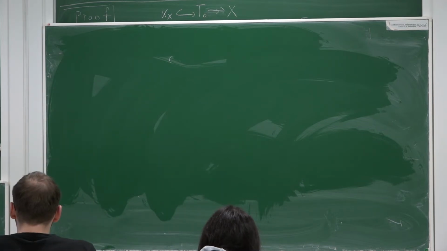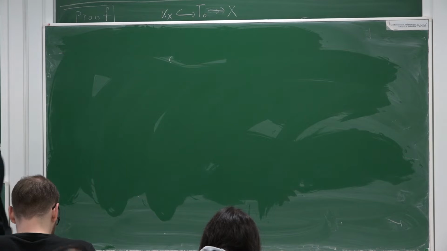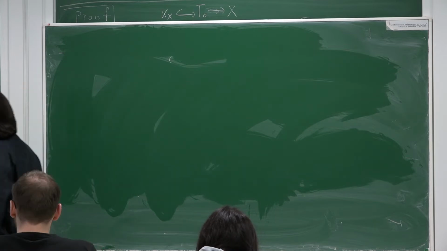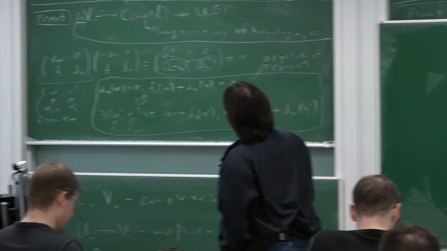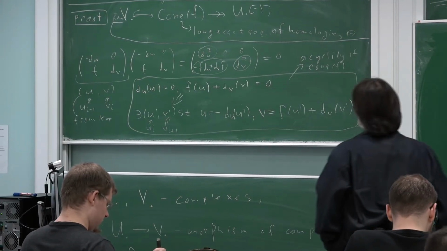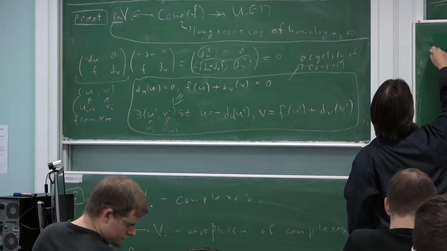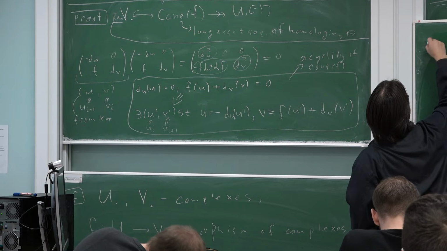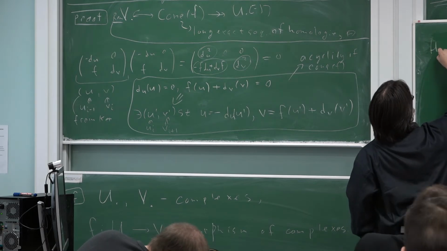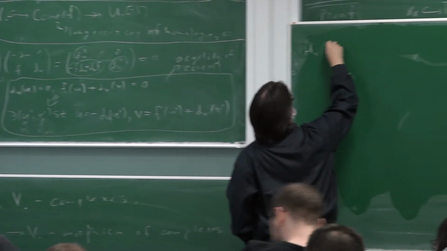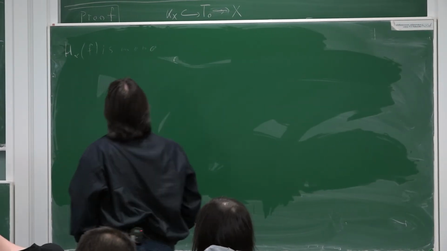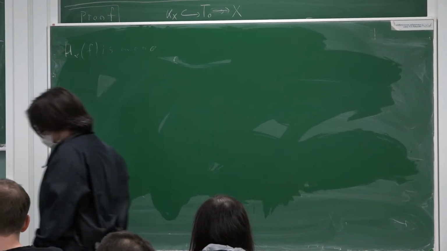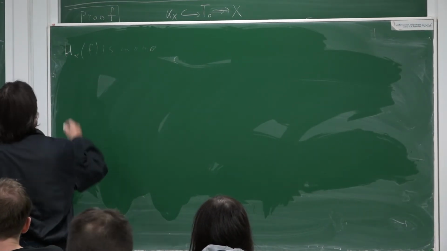One of them means that f is mono, another one that f is epi. So h star f is mono. What does this mean? This means that if you have u